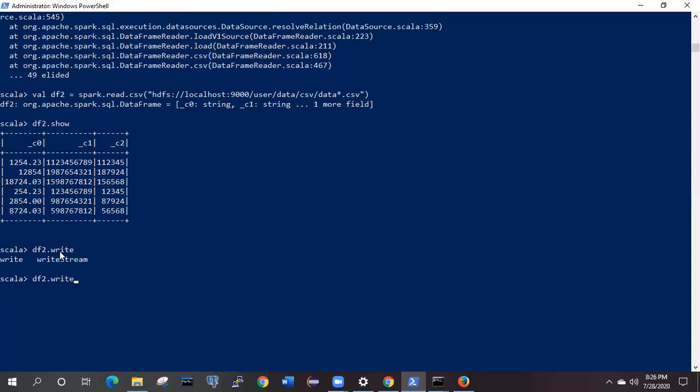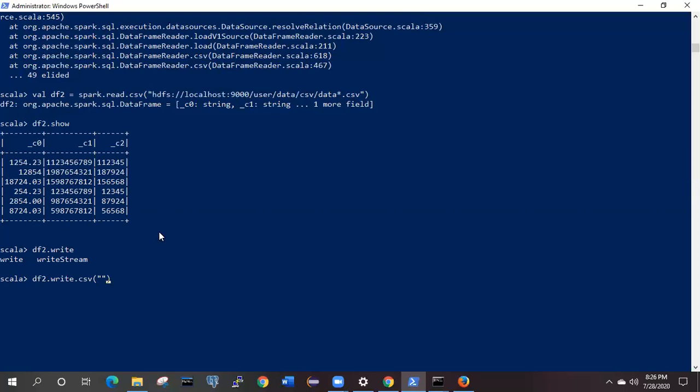We don't have the format option, so we don't have the header and other things, so we will not put that here. We are going to write that data again into CSV format, no other format. Later on we will see how to write the data into other formats also.